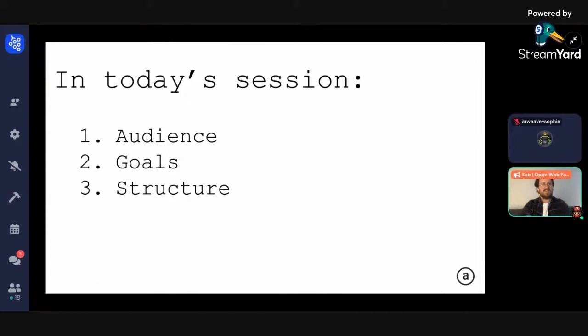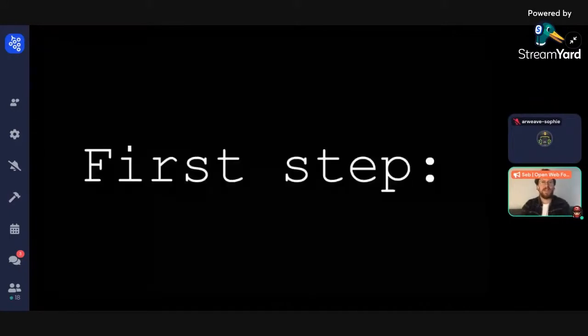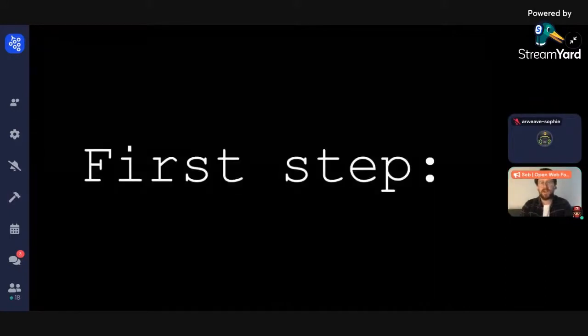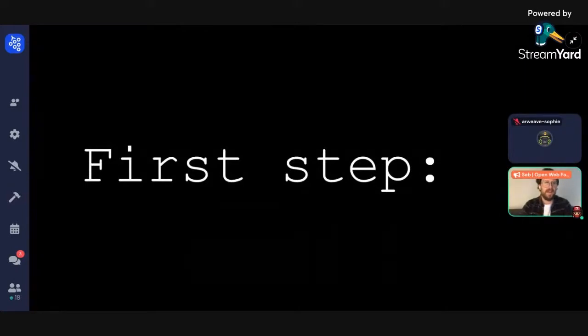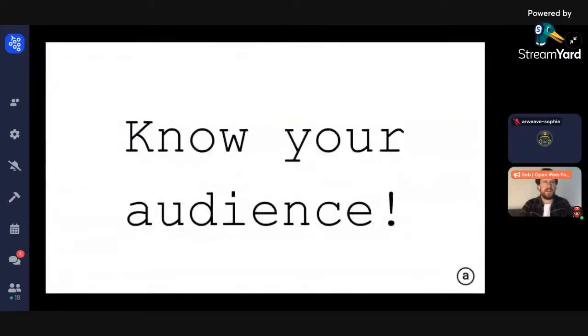So let's get started. The first step to craft an effective pitch is to know who you are actually going to be pitching to. Different audiences obviously require different levels of detail. For example, if you're pitching to people who are already familiar with your project or already familiar with Web3 services, then you might want to skip some of the introductory part and just jump right into the more technical aspects of how your solution works.